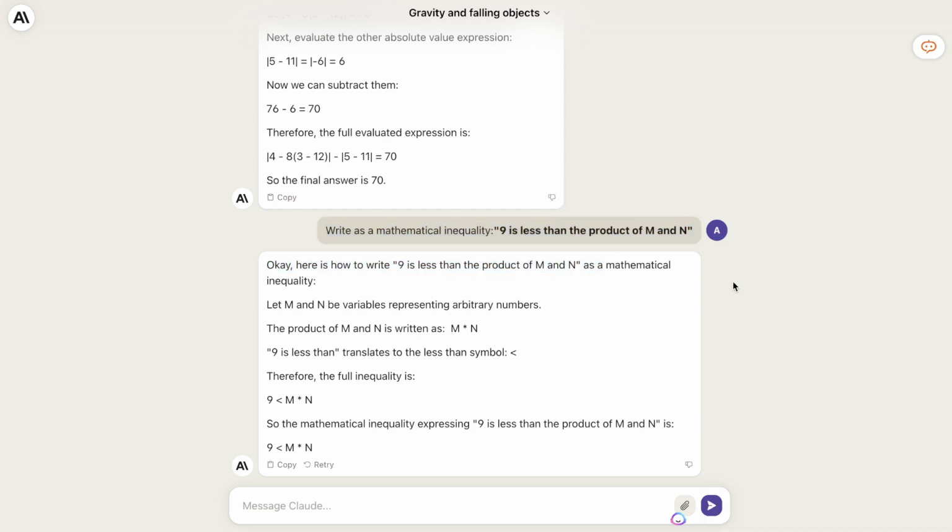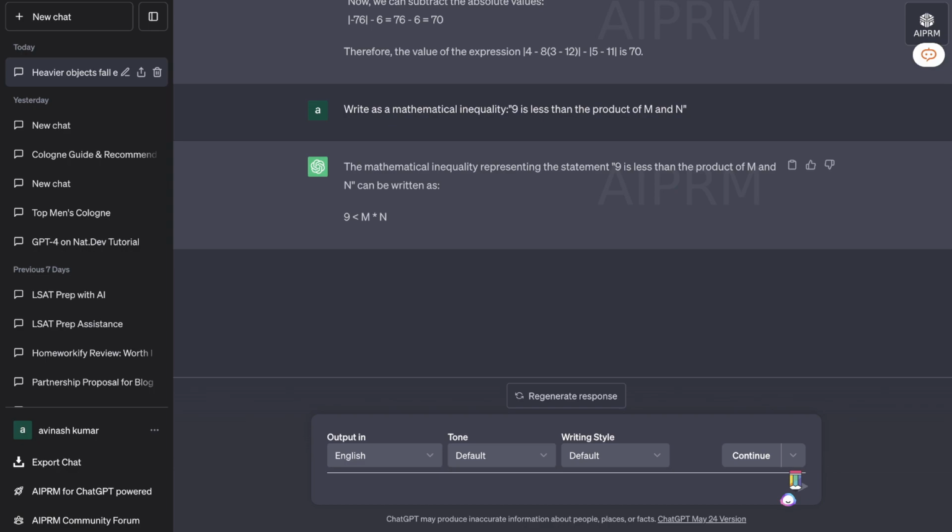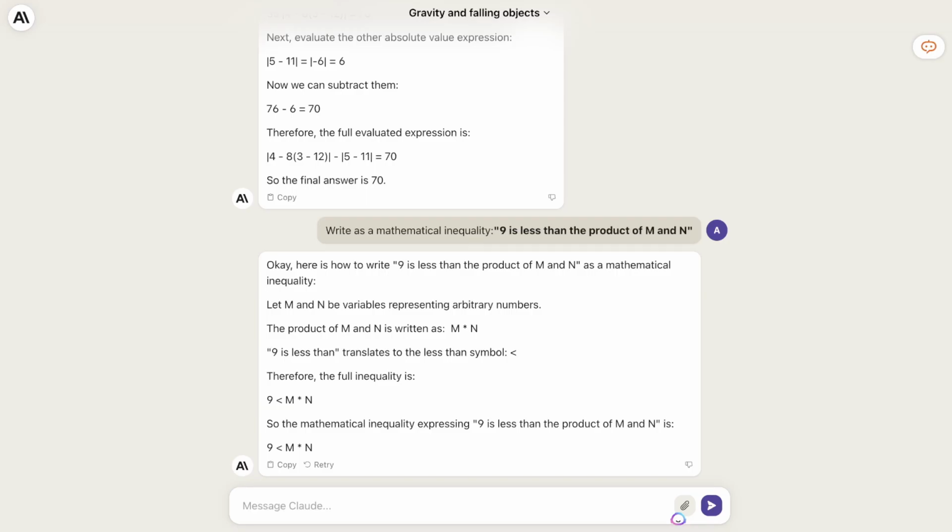So I am very happy with the results that we are getting back from Claude. It's definitely improved a lot since I last reviewed it, and it definitely can stand toe-to-toe with ChatGPT. I still think ChatGPT is much better when it comes to creating longer pieces of content, writing more in-depth content, and I think GPT-4 is obviously much better as well than Claude at this time, but I do think that they're making some strides and they are getting a lot better,